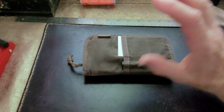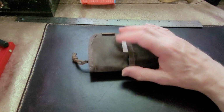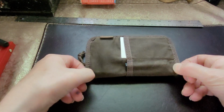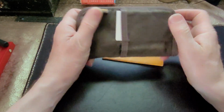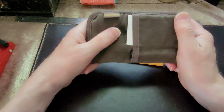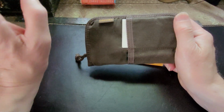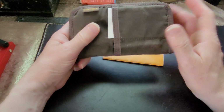But anyway, I'm hoping to try a few more Lochby products. I have the Venture Pouch. I'm still trying that out and seeing how I like it, and I have some ideas for that. I'll set that up the way I want it. And I'm really curious about trying some other stuff. That's always a nice thing when you come across a brand and you're hopeful and you're wanting to try